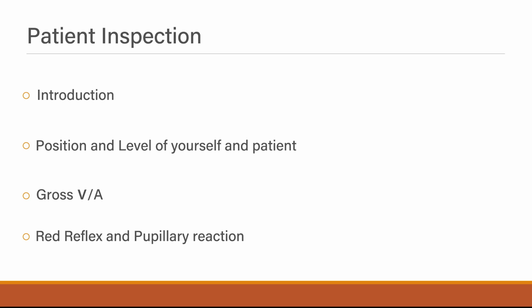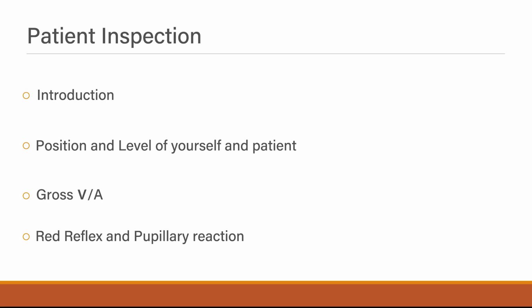Go for gross inspection and examination to look for any mass, lesion, edema, asymmetry of the face or body, head position, face turn, chin elevation, any neck scar. So with the gross torch examination and inspection, you have to look for that. After that, come for the gross visual acuity. Close one eye and check the gross visual acuity with counting fingers, and then the other eye.